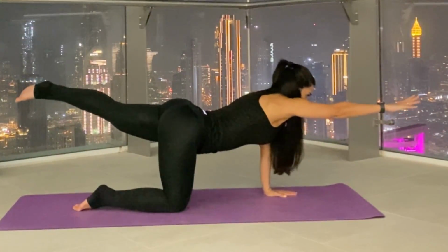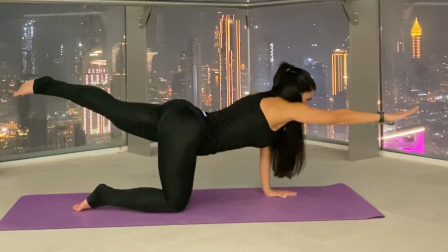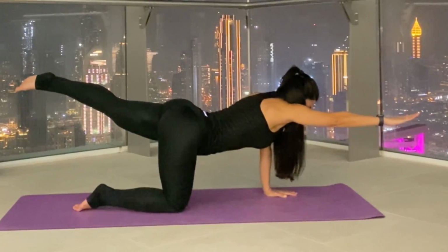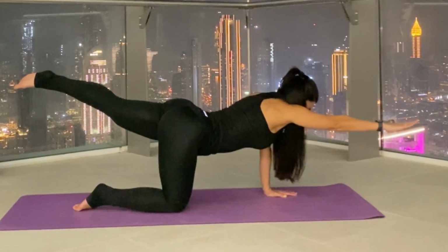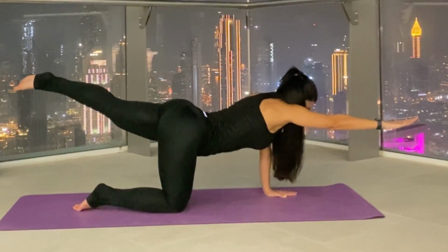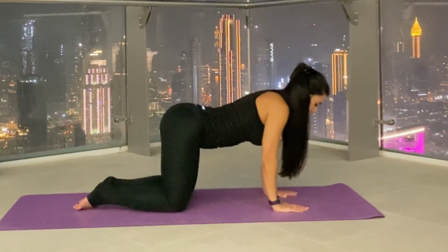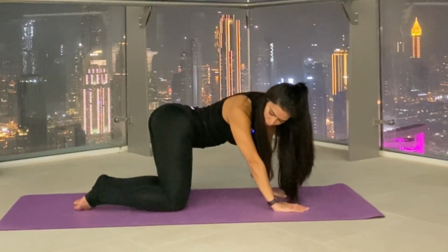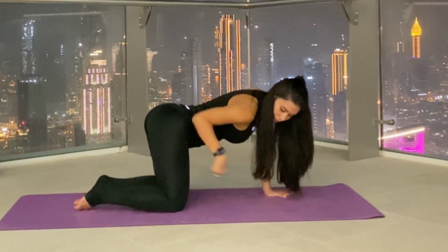Stretching forward and back, pointing with your toes and your fingers. 1, 2, 3, 4, and 5. Exhale, release. Now make C shapes with your spine, like bringing the shoulder and the hip